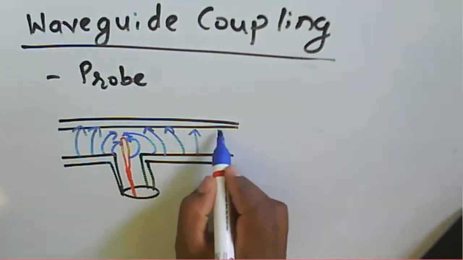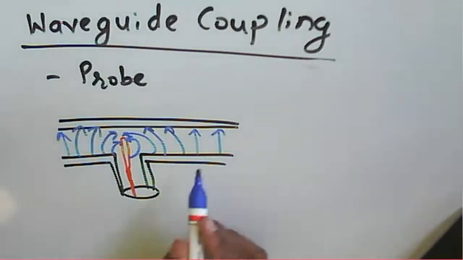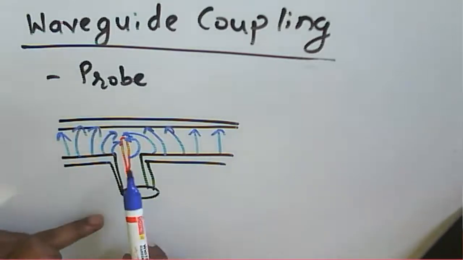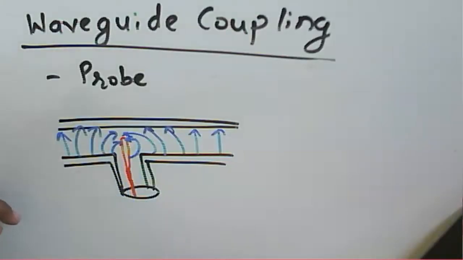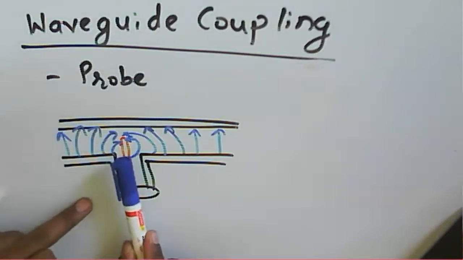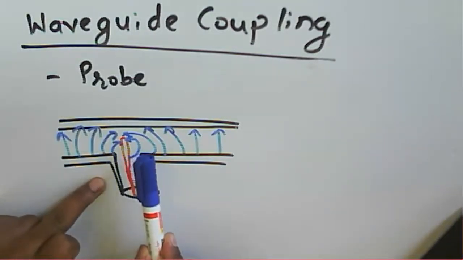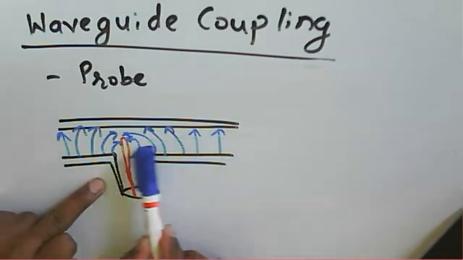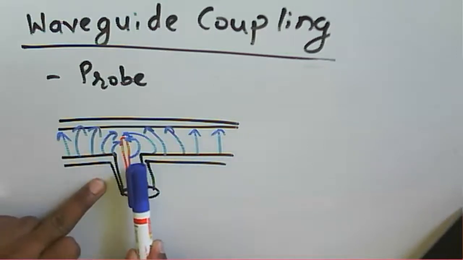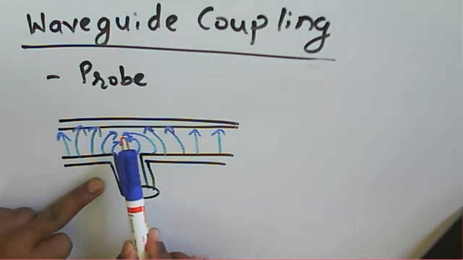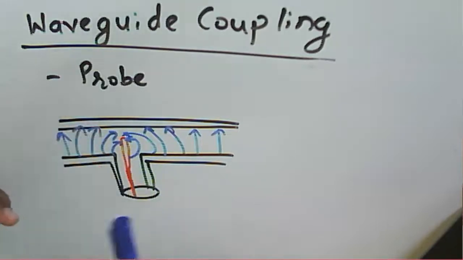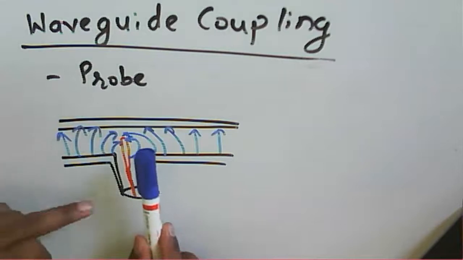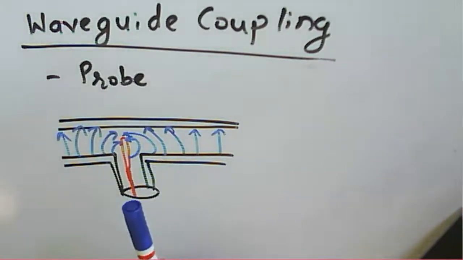So likewise, we are getting the output here. So if we insert a small probe into a guide, then what happens? This particular probe will provide the microwave energy to the waveguide. This probe will act as an antenna here. That small loop or small probe inserted inside the waveguide will act as an antenna, and then